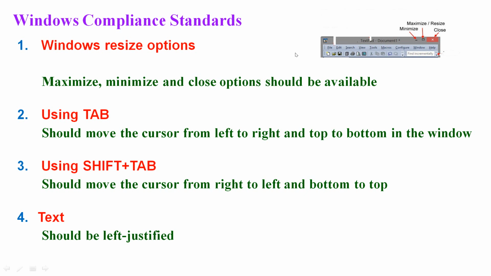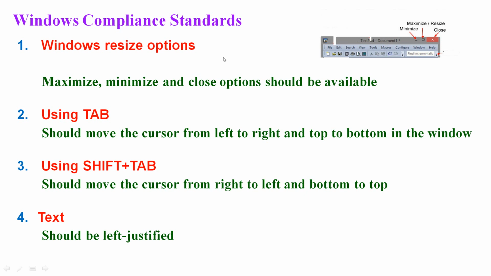That means, if you take any window, on the top right corner, you will have three options as shown in this figure. One is minimize, second one is maximize or resize, third one is close. See, most of you know about all these options and their usage. But just in a technical way, from the perspective of testing, I am explaining all these options. As a software test engineer, what you are supposed to test, I am going to cover now, right?